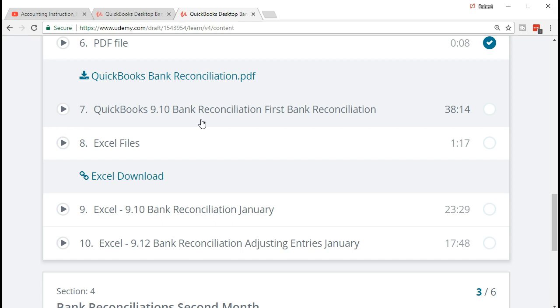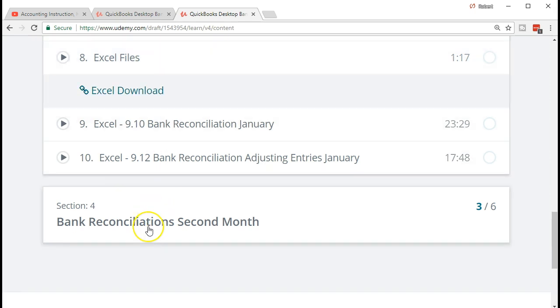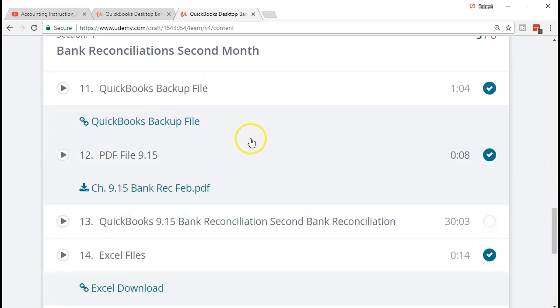This is one internal control that even very small companies can put into place and have a lot more security over their finances. Doing it in Excel will allow us to put together that information and see that information. We got this link here that will give you the Excel download so you can work through those worksheets along with the instructional videos. Then we have the second month of operation, which is logistically a lot easier to do,